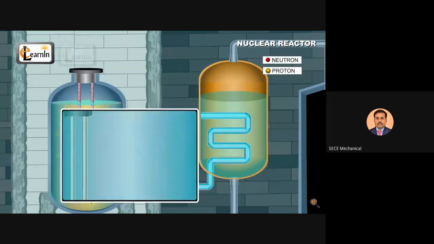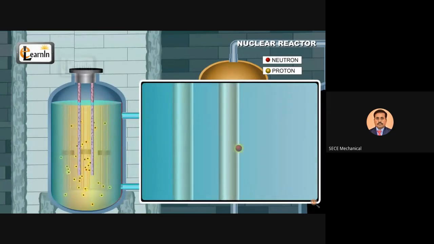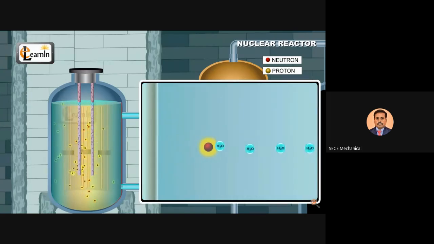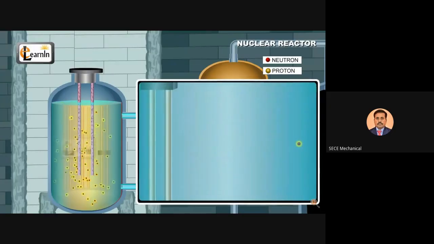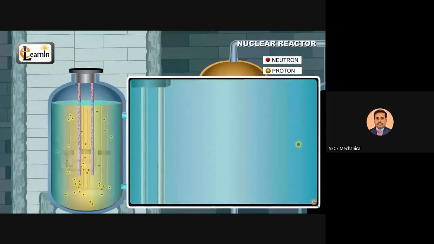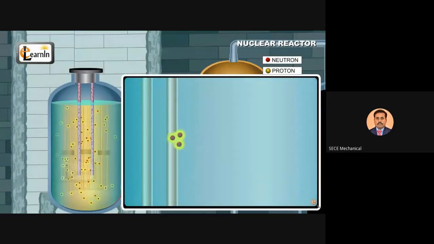Water molecules in the moderator are useful in slowing down the high-energy neutrons, which leave the fuel element after nuclear fission. These high-energy neutrons collide with water molecules, thereby losing some energy with every collision and therefore slowing down substantially. A new fission reaction can now be triggered using this slow neutron by striking it with a fuel